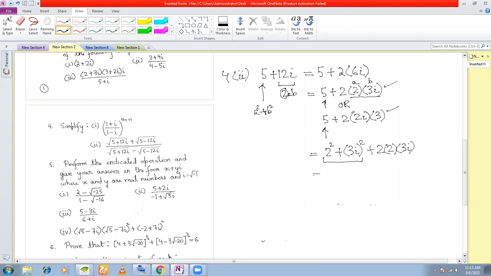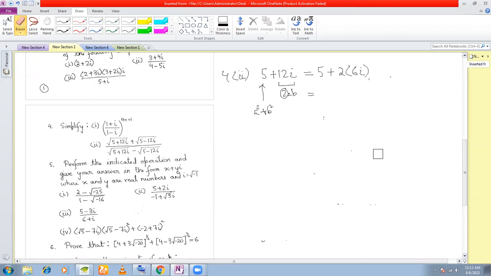That is my question. 4 minus 9i square, is it equal to 5? If you put i square equal to minus 1, it will be equal to 13, isn't it? Yes, sir. So that means we cannot accept this form. That means we'll accept this form. So what I do here is I write this as 5 plus 2i into 3.